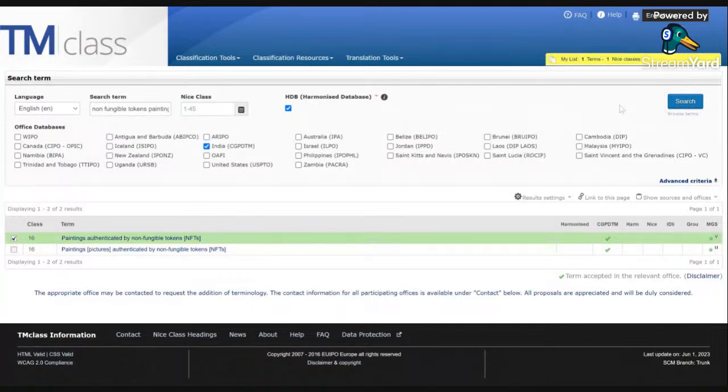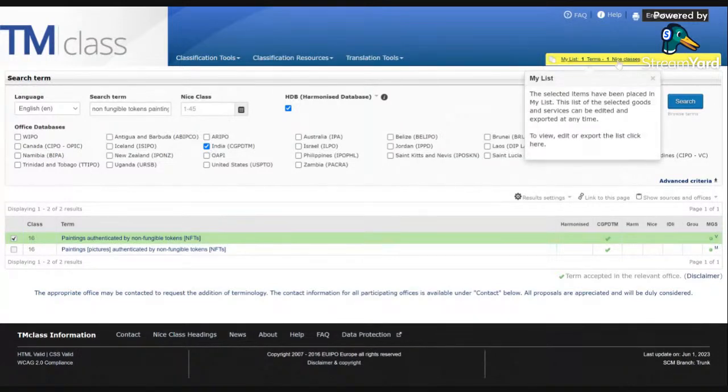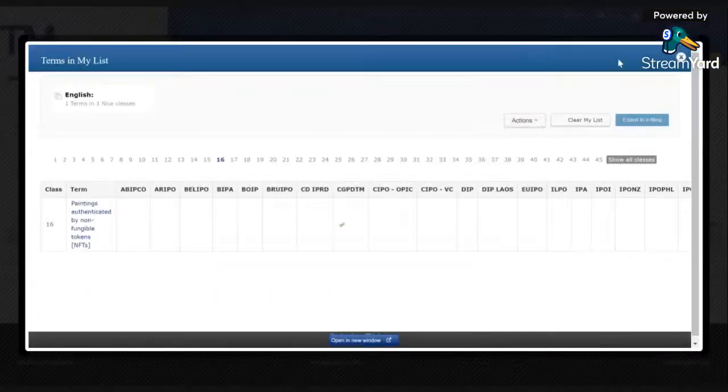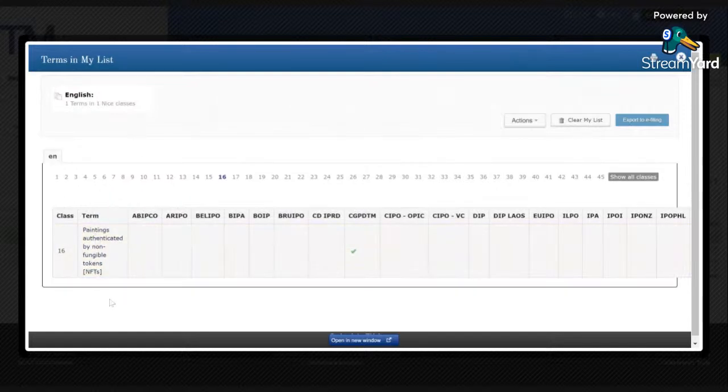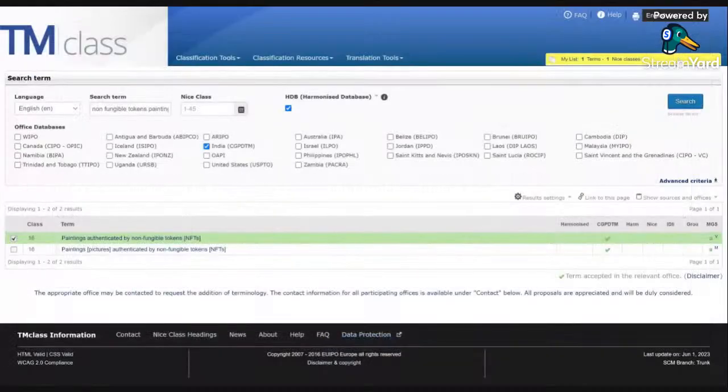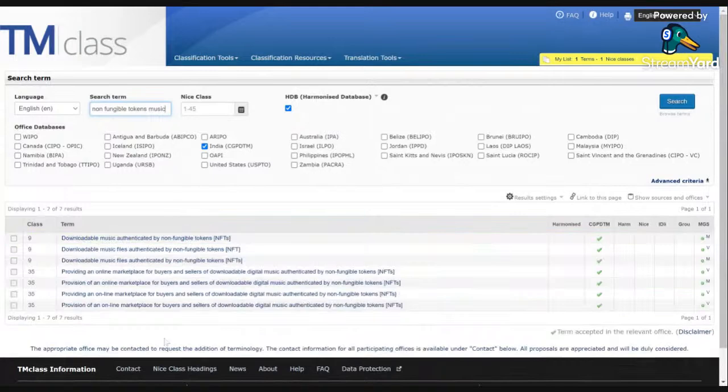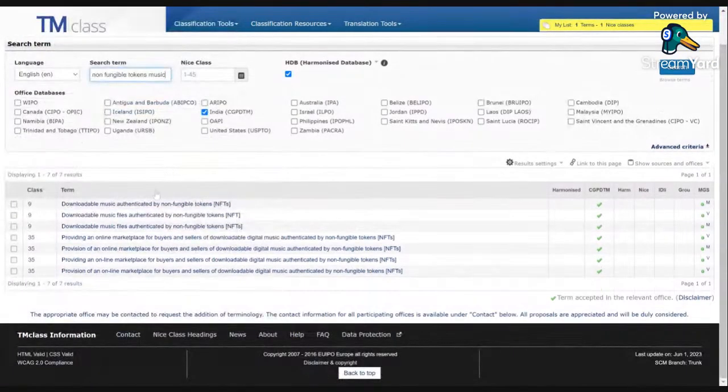And the good thing about this particular tool from EUIPO is that you can keep adding these classes, and then when you look at them, it'll tell you whether you need to file in one class or more classes. Now, for instance, if I say tokens in music, here, if you're providing a marketplace for that, which is a service, will fall under 35.